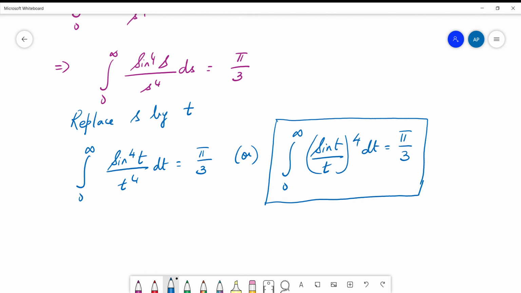So what all did we use? We used the definition in part 1, we used the inversion in part 2, and we used Parseval's identity in part 3. Now the three problems that have been done in the three videos are extremely important from the exam point of view and also to proceed further. So we could maybe take up a problem in my next video wherein we can try out some properties, where we can apply them in problems. I shall show that in my next video.